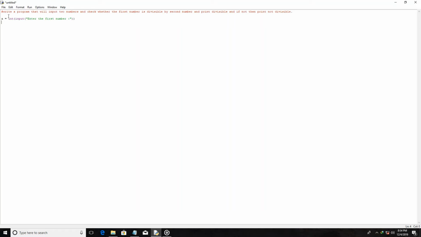Now let's go for the second variable. Let's say b equals to int, same input, enter second number. Now after taking two inputs from the user, we have to run a condition statement. I think you all know what is condition statement: if, elif, else. So now the program is asking, we have to check whether the first number is divisible by second number or not. So we have to run a condition statement: